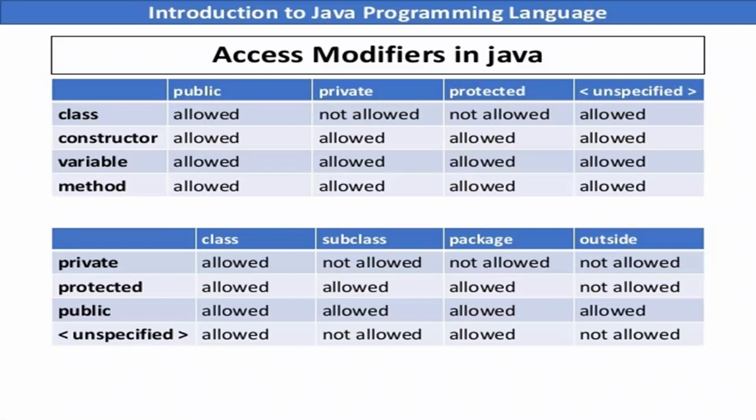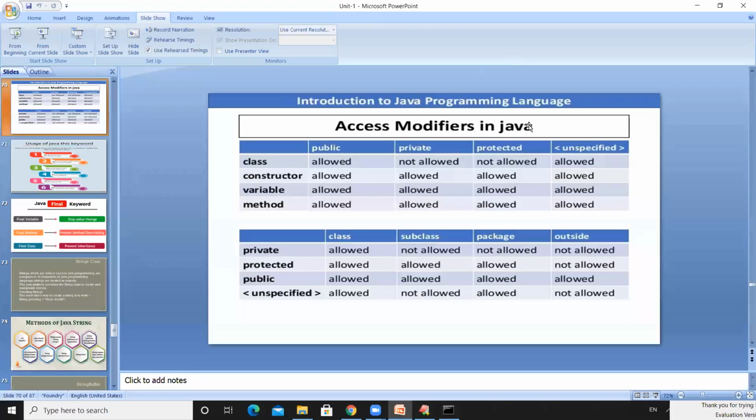Access modifiers in Java, right? Mainly there are three things: public, private, protected. And another thing is, if we don't specify anything, what will be done, right? I will explain these access modifiers in the next class. And with the completion of the topic of constructors, I'm going to close today's session.